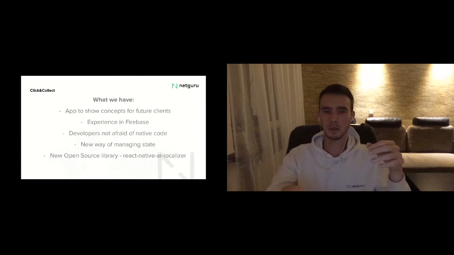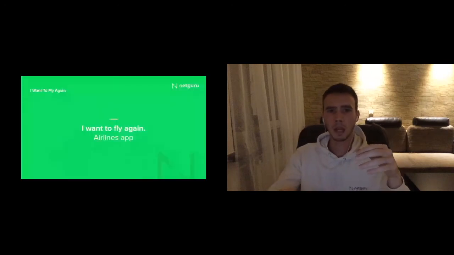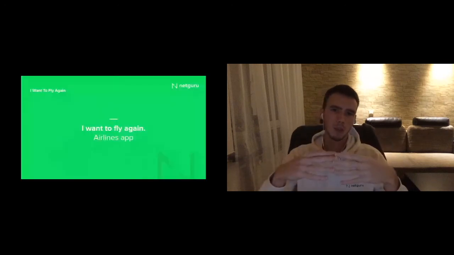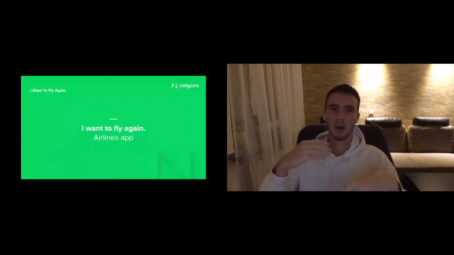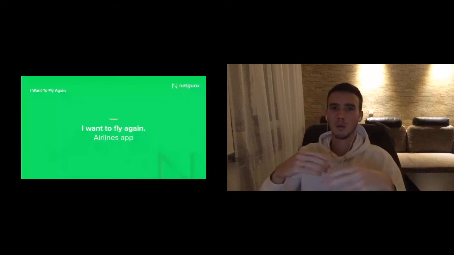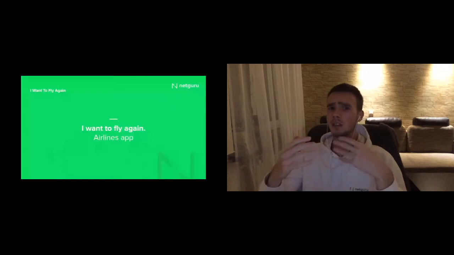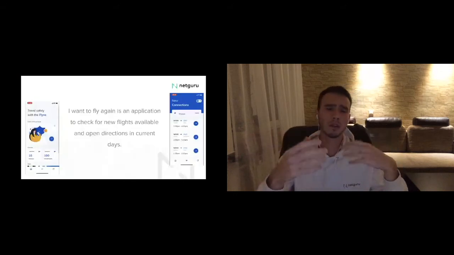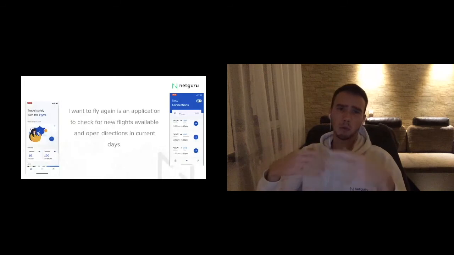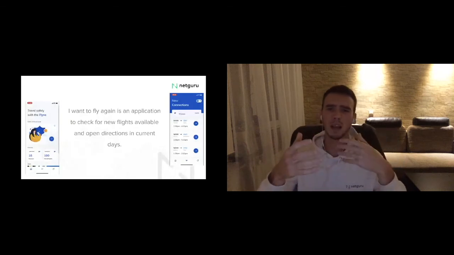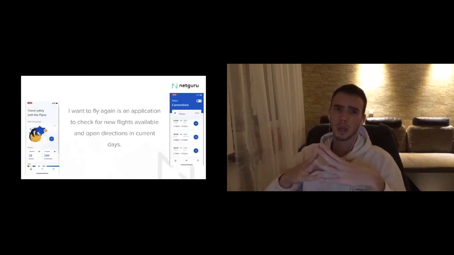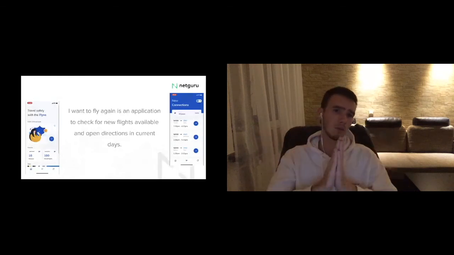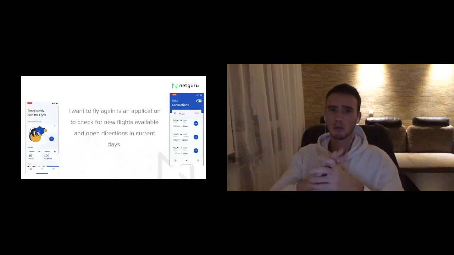Let's talk about a different example. In Netguru, we travel a lot. We have special Slack channels to talk about our adventures. So we made the I Want to Fly Again application. It's an application to check for open connections between airports, how to get to some place, and look for newly open flights and directions. It was a project that we loved to make, and we wanted to check mostly two things: